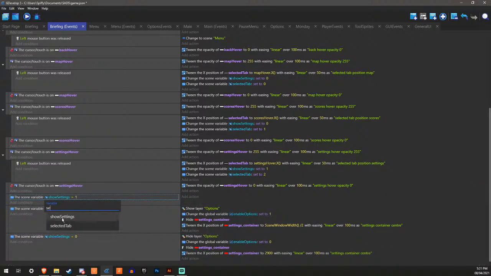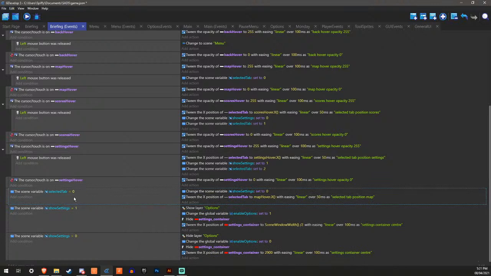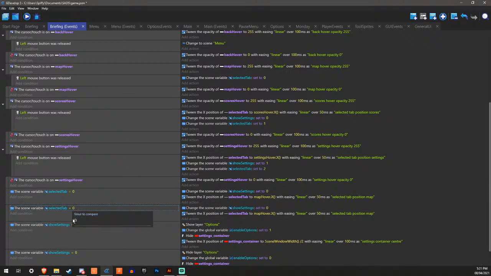Or selected tab is 0. Then this happens. It's 1. Then it's in schools, so that we keep it 0.